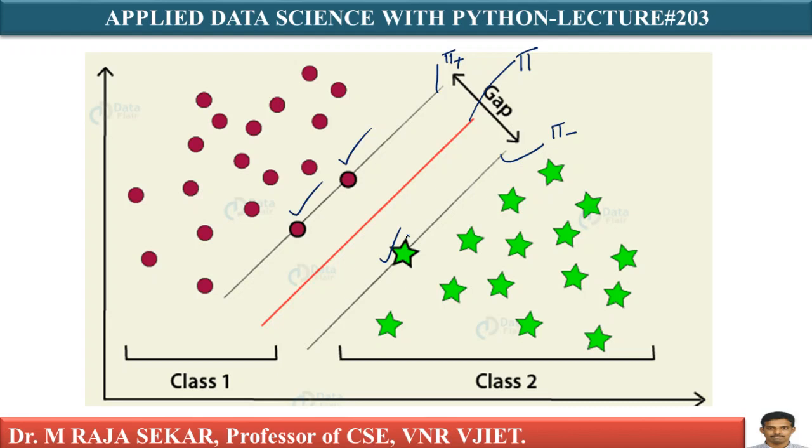By the way, pi plus, what is positive hyperplane? This pi plus is positive hyperplane, and pi is separating hyperplane. I can say this pi is separating hyperplane, pi plus is positive hyperplane, and pi minus is negative hyperplane. Pi is the actual hyperplane. Given a new query point, because somebody gives me a new query point, I will not just use pi plus and pi minus.